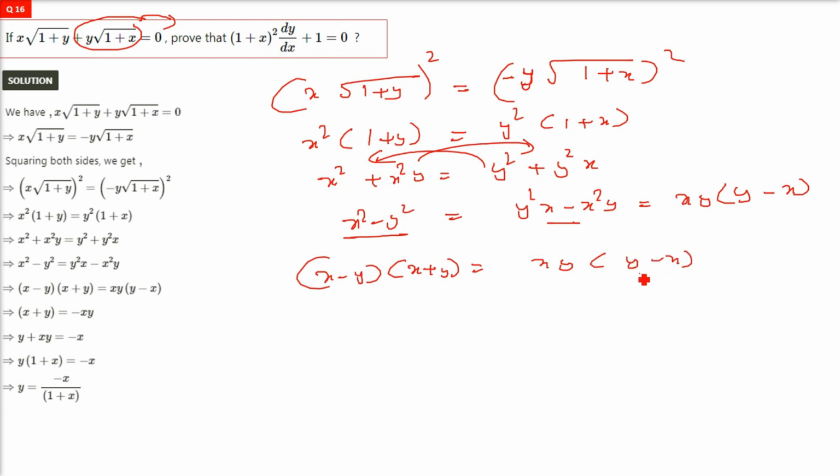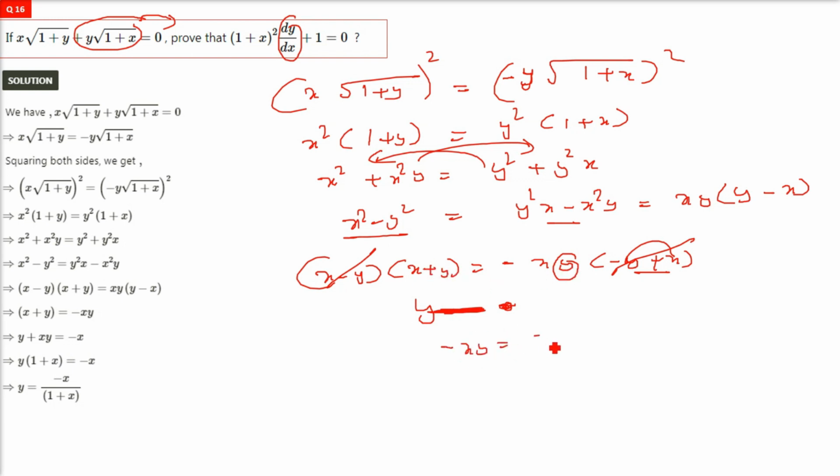We can cancel x minus y and y minus x, but there will be a negative, because let us make it negative. It will be x minus y. So let us cancel these two out, but there will be a negative. And y, take y on one side and others on the right hand side. But still there is y on either side. So we need to manage this such that we get only y on one side, other things on the other side. Alright. So we have this minus,